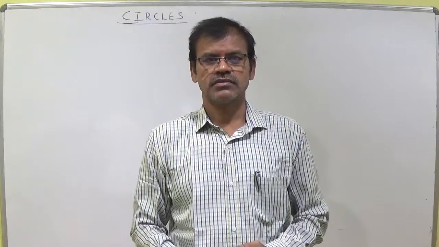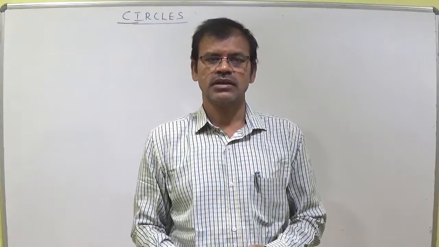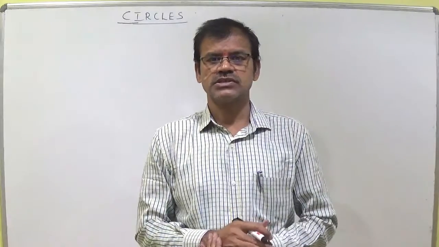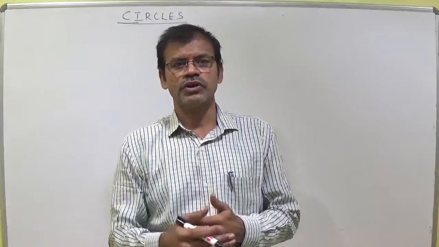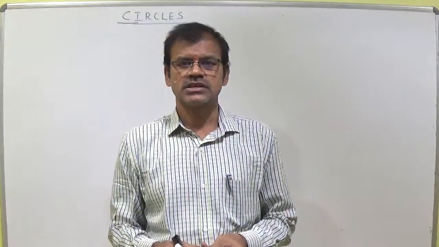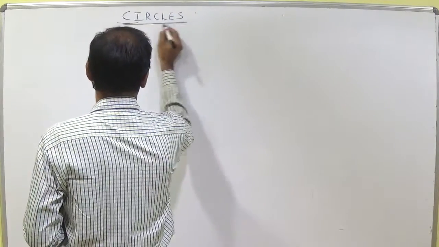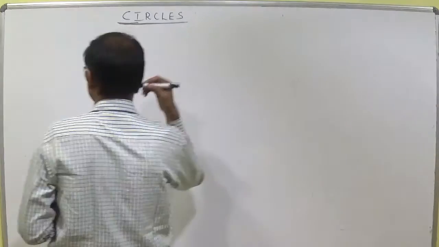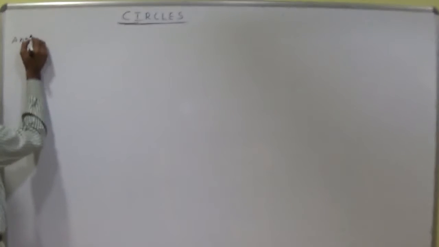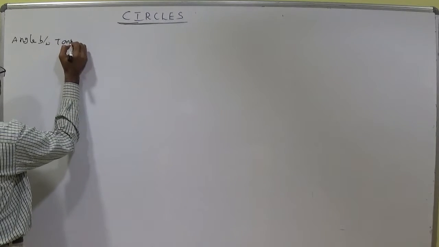Okay, students, in the previous class we discussed the theory, concept and sums of exercise 1C. Exercise 1C we completed. Now, before going to exercise 1D, there is much theory. Let us discuss the theory. First of all, in the circles chapter, for exercise 1D, the formula for the angle between tangents.